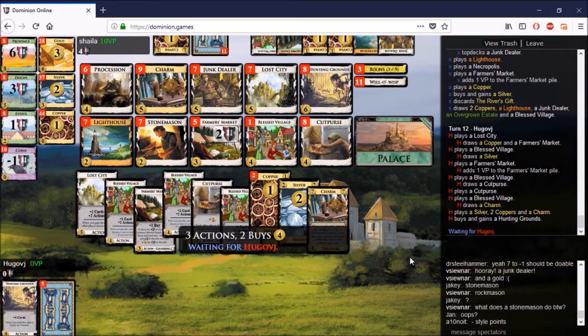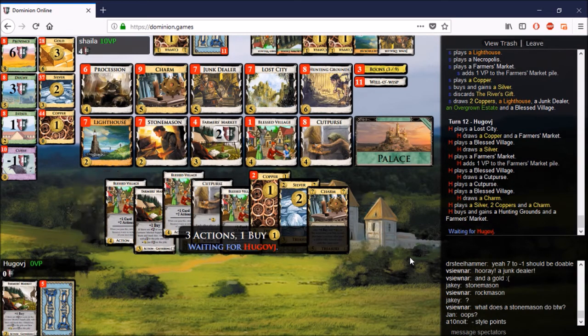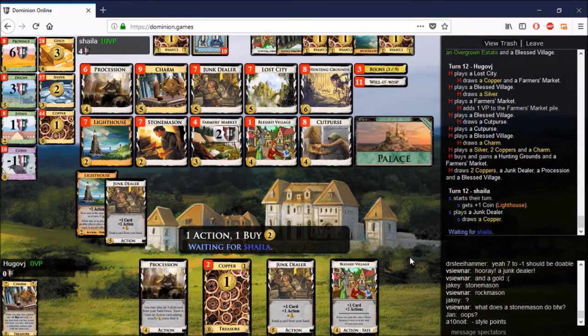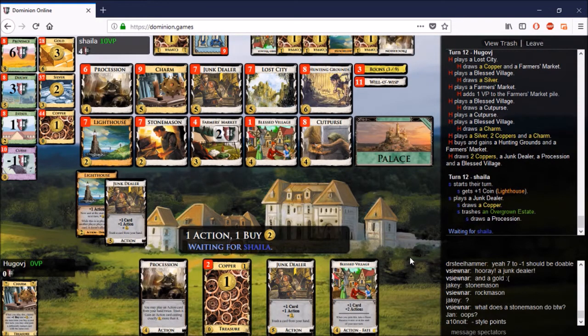Anyway, another Hunting Grounds, 8, that I would have gone for Stonemason and Hunting Grounds. Hugo is now following Shayla on this Farmers Market extravaganza here. You know, maybe they're into organic produce, non-GMO stuff. I don't know,